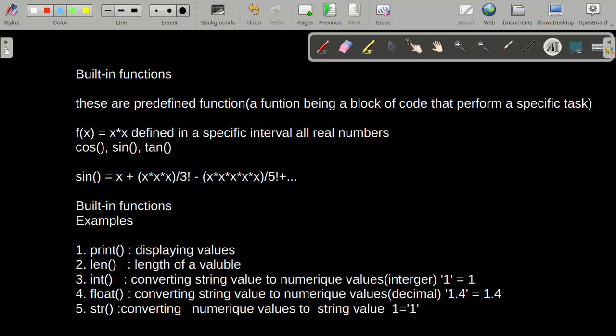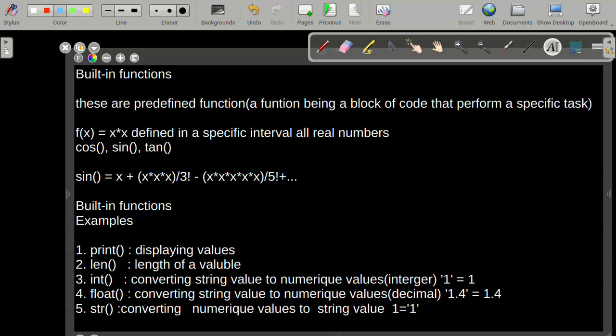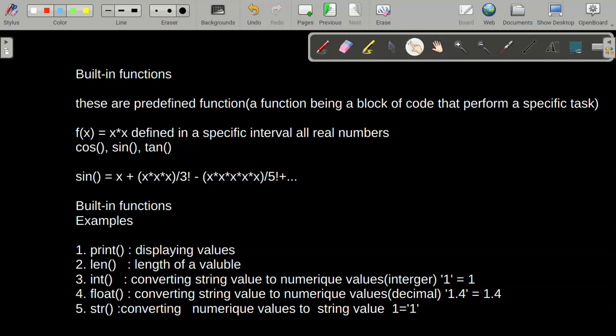Built-in functions are simply predefined functions. What I mean by predefined functions, first let me just break it down. Of course, a function, we can define it. It's a block of code that performs a specific task. What do I mean by this? Well, this statement is very easy. This simply means that we have some lines of code which work together to achieve a certain task and then